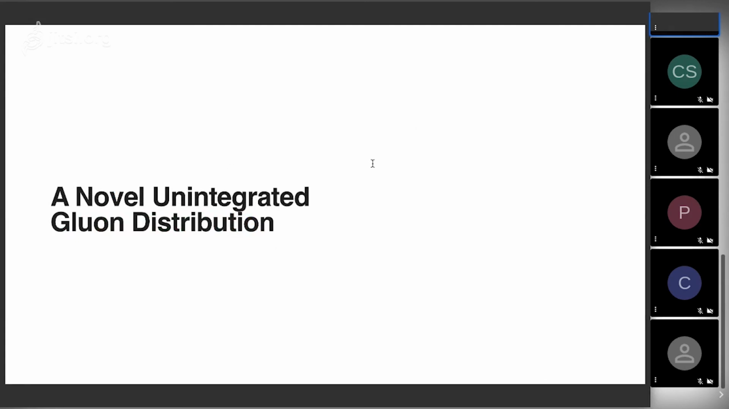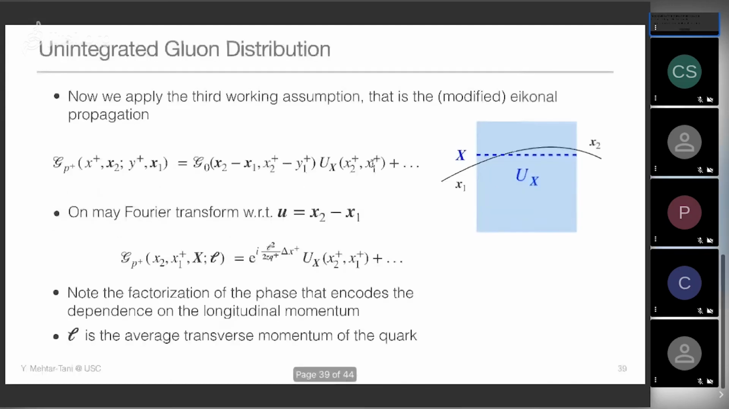Okay, so this is the final part of my talk. I showed this rather complicated operator, but I haven't yet applied the revised shockwave approximation, so we can make it even simpler. And this leads to a new unintegrated gluon distribution. So again, I perform my last working assumption. I expand around a fixed transverse coordinate in the shockwave, and I get my Wilson line, and I get this